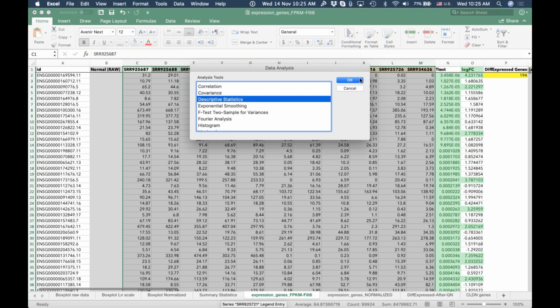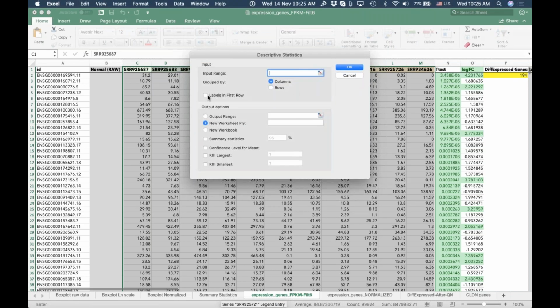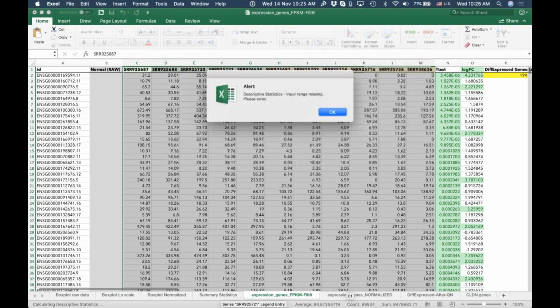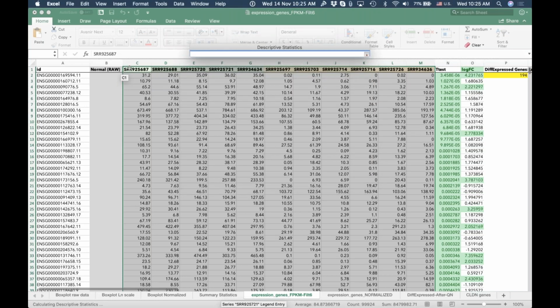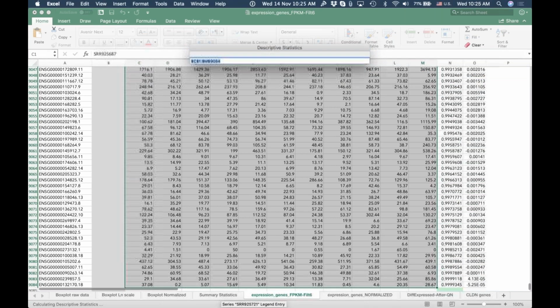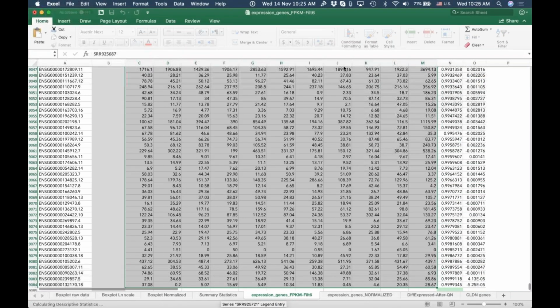And if you do descriptive statistics and you have labels in first row, and then you put in a new worksheet and you do want summary statistics, right? So if you do that, it's going to generate... okay, so I didn't do the input range. So I can do summary statistics on normal data. And if I click on OK,